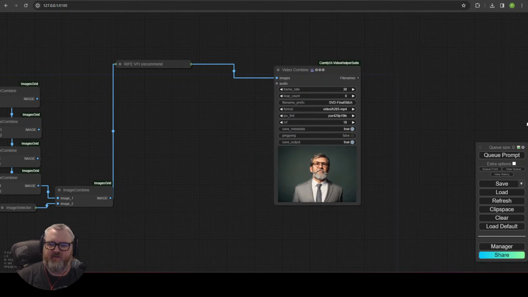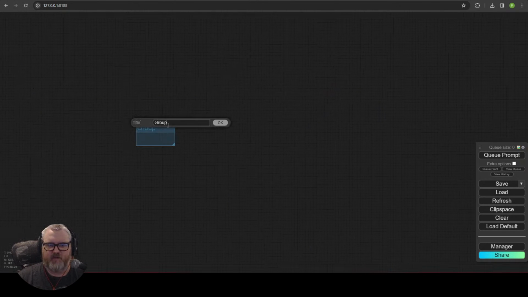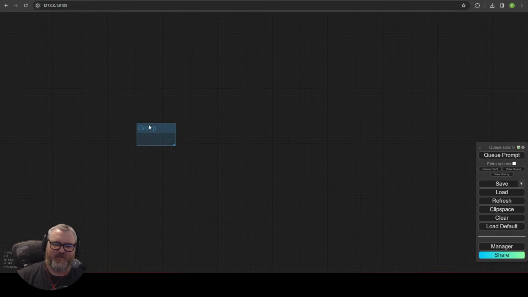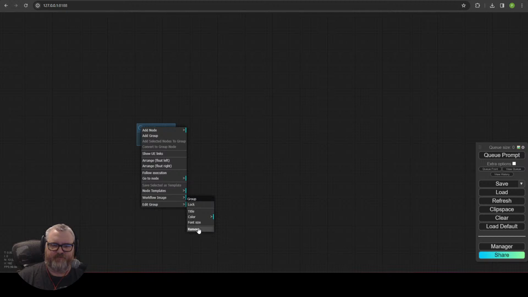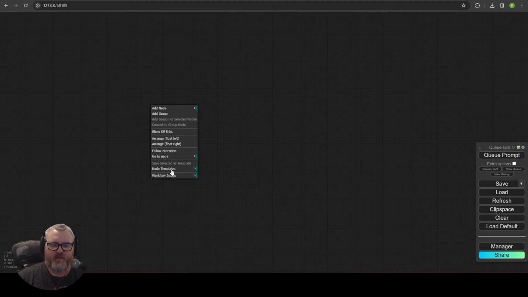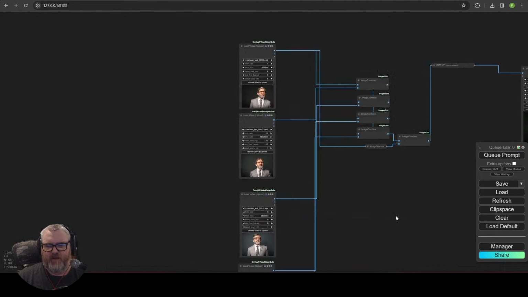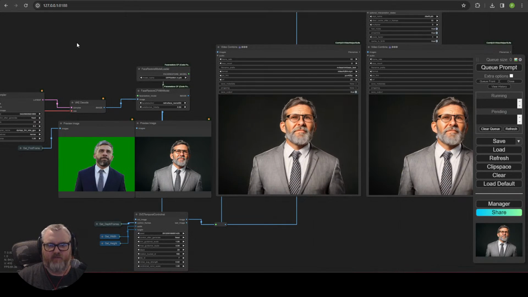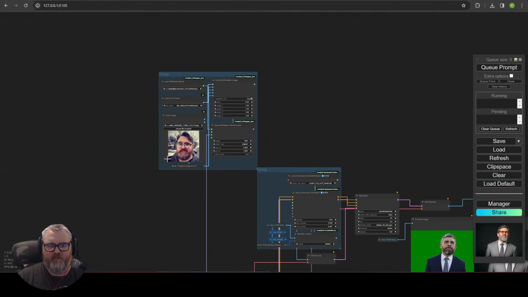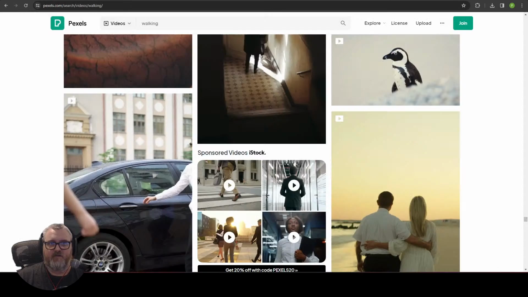I forget how I did this. Let me look at my... Oh, I don't have it anymore. Bummer. Forgot I lost all my node templates when I formatted. All right, well, that's all fine. Well, this is cool anyway. With the IP adapters, it works. So let's try